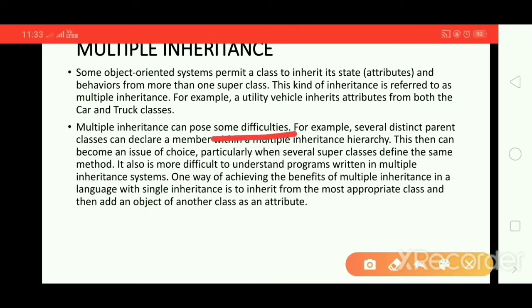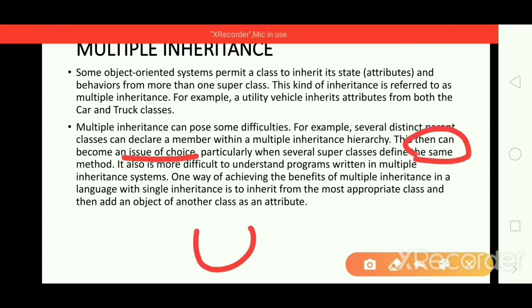For example, several distinct parent classes can declare a member within a multiple inheritance hierarchy. This can become an issue of choice, particularly when several superclasses define the same method. See, very important. This is the utility class, and this is car and truck. In car we have the utility and in truck we also have the utility.